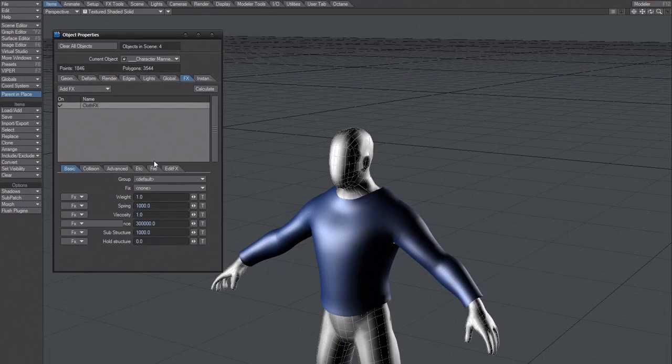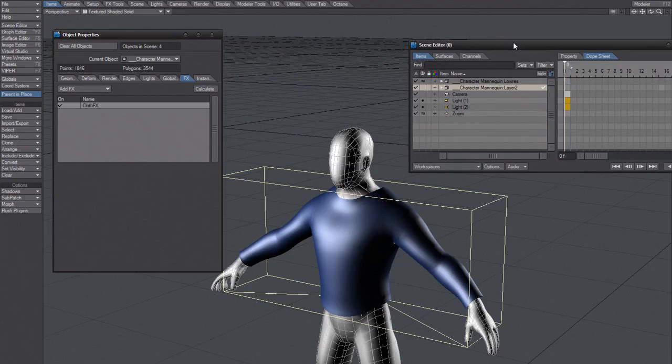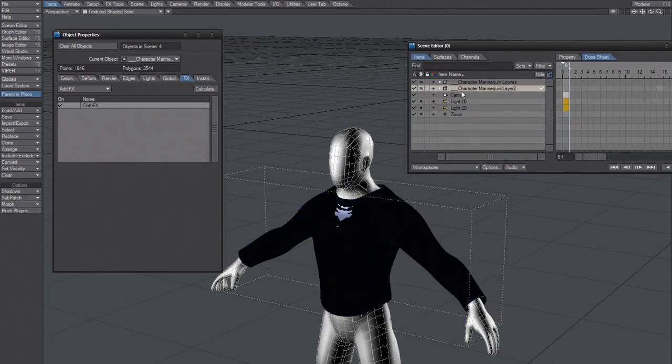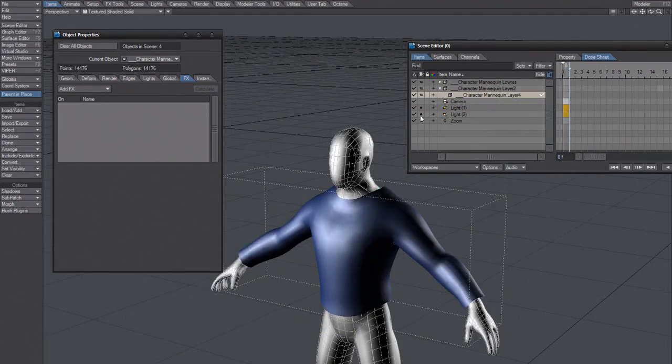I'm using a low-res object to drive the high-res, so yeah, that's just an OpenGL bug. So this one has a cloth, while this one is a high-res object, and it's using